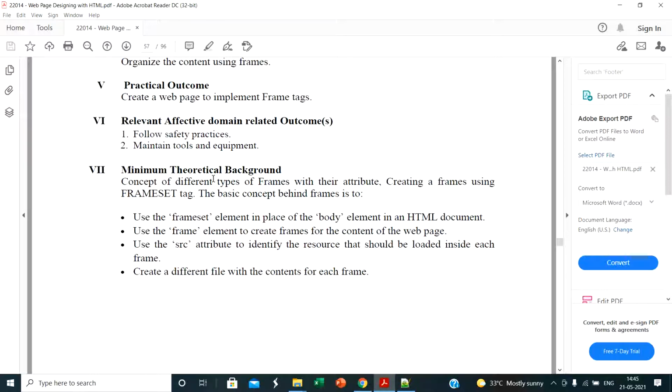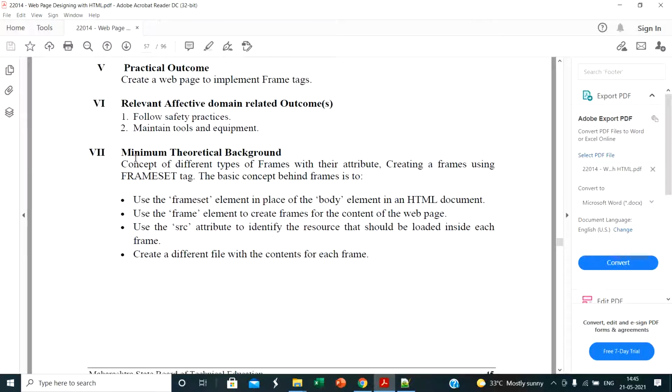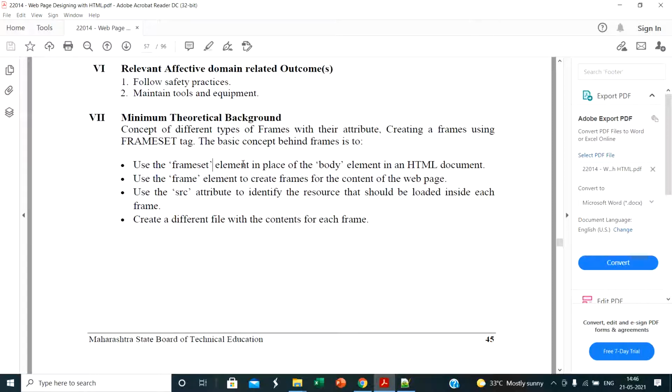Here some theoretical background is given. The concept of different types of frames with their attributes, creating a frame using the frameset tag. So frameset is one tag. The basic concept behind frames is to first use the frameset element in place of the body element in the HTML tag.